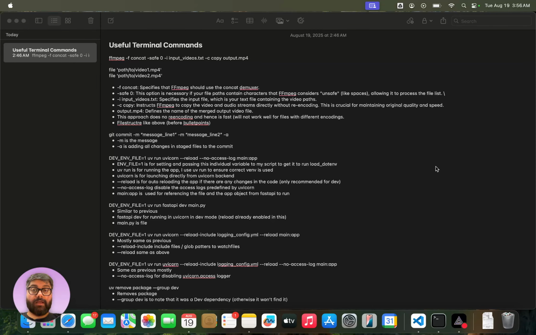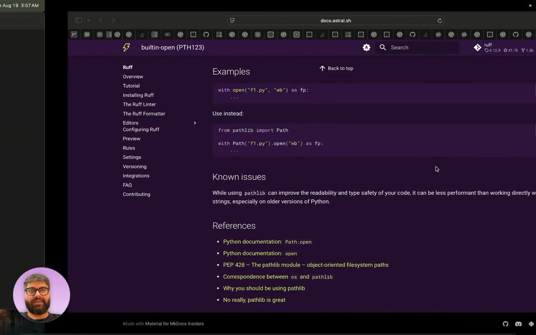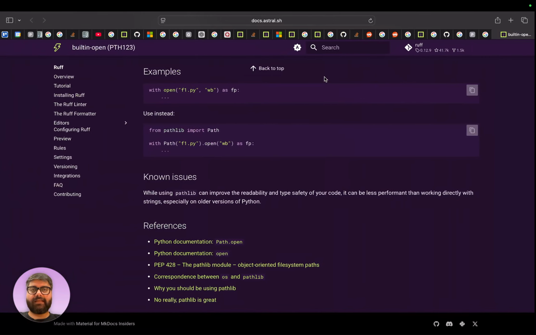So I basically did what I said last time. I took down Black and what's the other one called? Black and Flake8 and just replaced it with Ruff altogether. Now there was a weird moment because I'm like, it's not showing me any type or issues like that, right? And then I came over